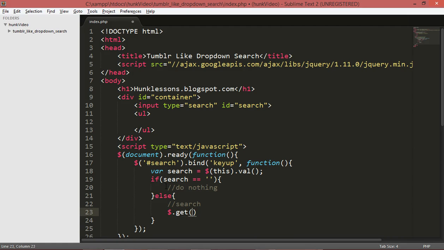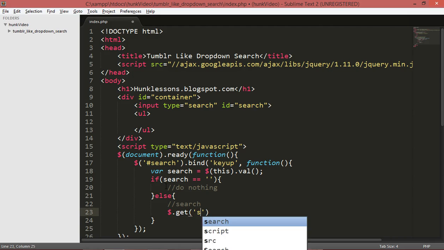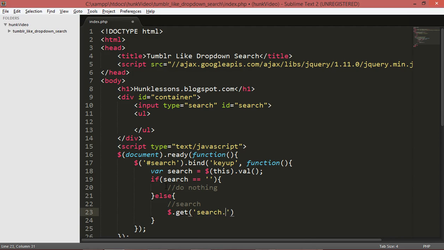$.get function. In the first parameter, I will give the page for which I want to search. It's search.php, and I will give the data which I want to send and a callback function. I will give the callback function a parameter, response.